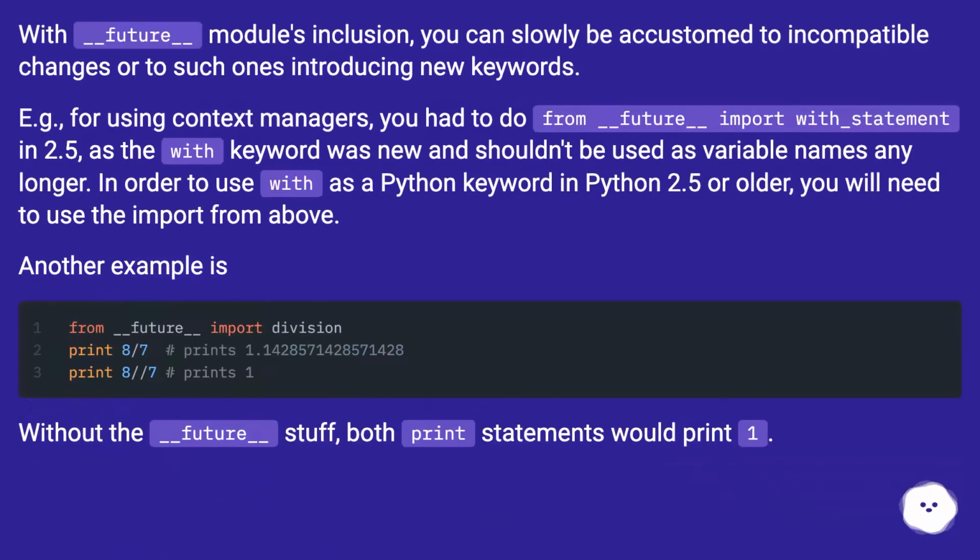With __future__ module inclusion, you can slowly become accustomed to incompatible changes, or to such ones introducing new keywords. For example, for using context managers, you had to do from __future__ import with_statement in 2.5, as the with keyword was new and shouldn't be used as variable names any longer. In order to use with as a Python keyword in Python 2.5 or older, you will need to use the import from above. Another example is